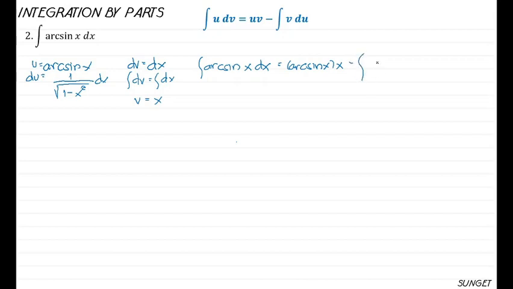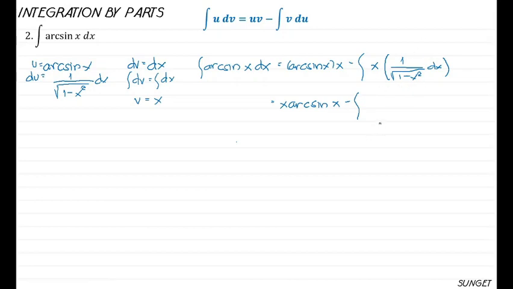So v, so x times du. So we have 1 over square root of 1 minus x squared dx. Then we have x arcsin x minus integral of. So we're going to rewrite